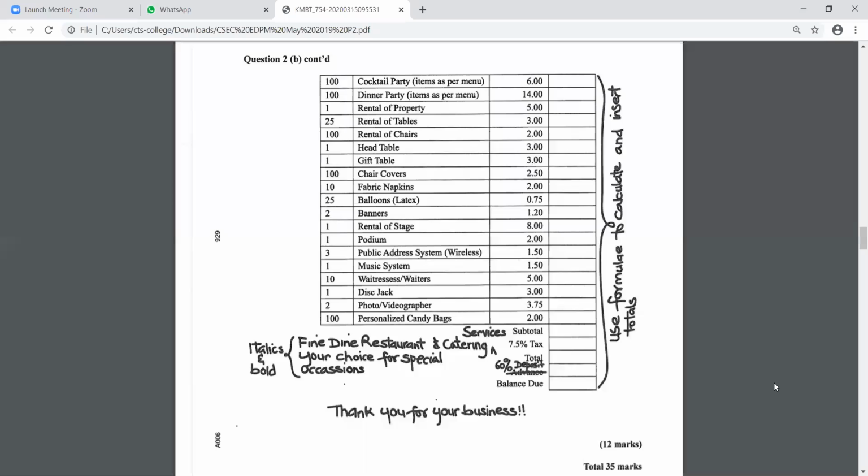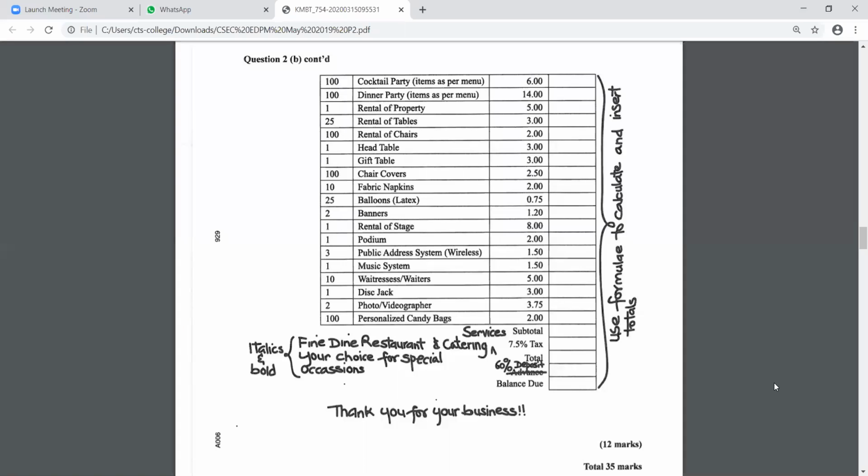Okay, wait. I'm confused now. Who raised the hand? Nathaniel, tell me. When you add up the parts with the 6 and the 100, when you get all those, you have to add up the numbers you got from that and put that in the subtotal. You have to put the total you get for the cocktail party and for the others, add up all that and put it in the sub. And when you get the answer, the subtotal.